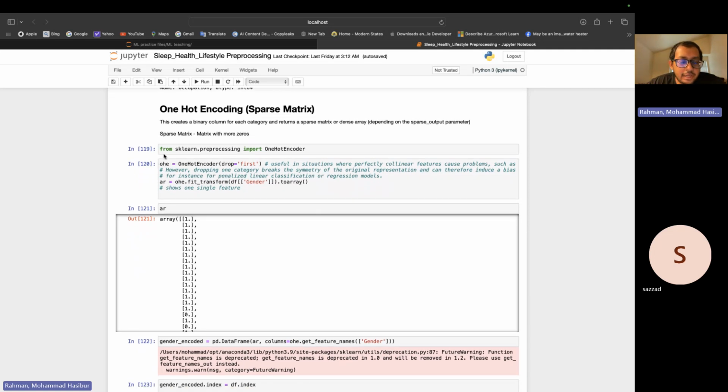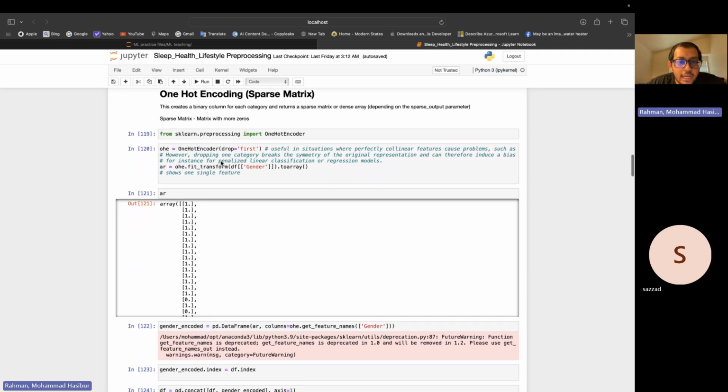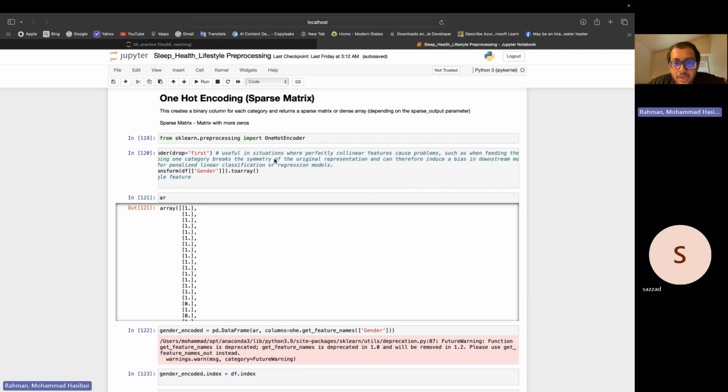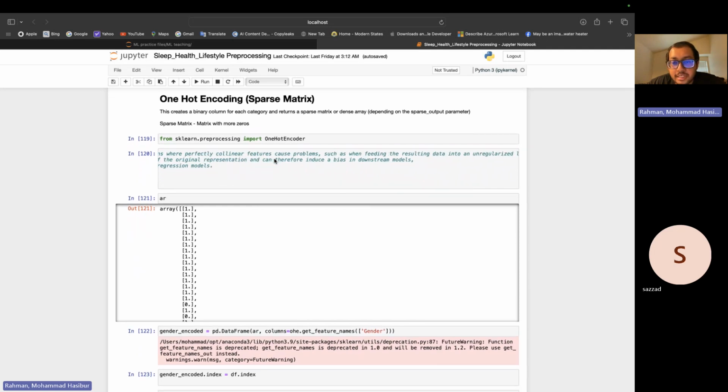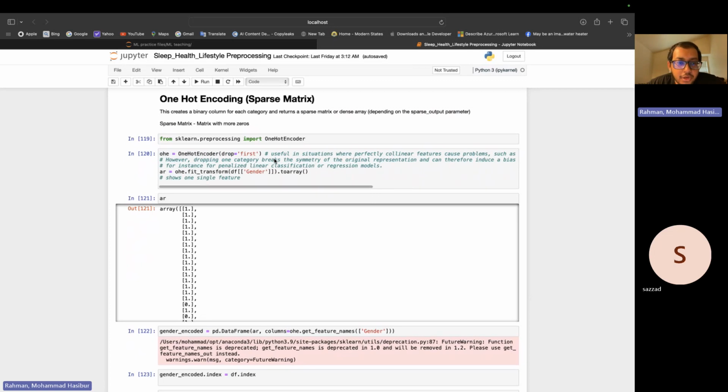I have created a variable here, ohe, short for one hot encoder, and drop first. This is useful in situations where perfectly collinear features cause problems, such as when feeding the resulting data into an unregularized linear regression model. However, dropping one category breaks the symmetry of the original representation. So what I mean by that